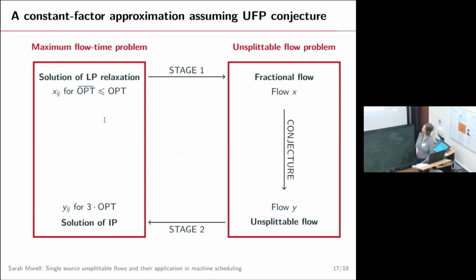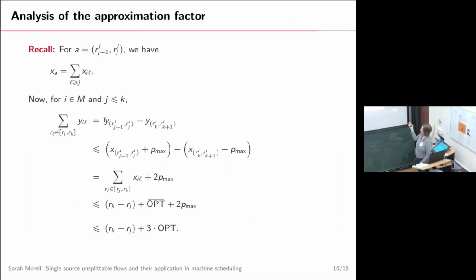And we could easily translate this instance of the LP relaxation to a fractional flow by using the unique paths that showed up in our graph. We used this conjecture to turn the fractional flow into an unsplittable flow, having now those upper and lower bounds that are satisfied on all arcs, and then we got back